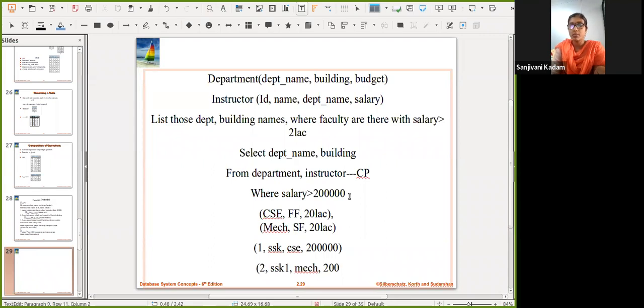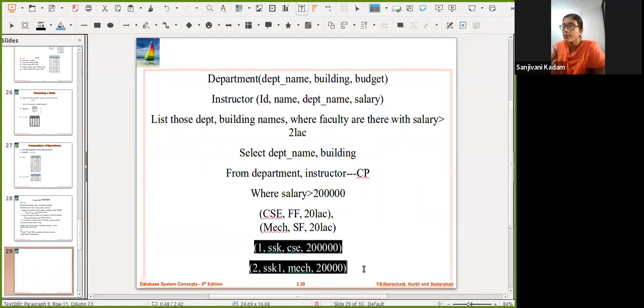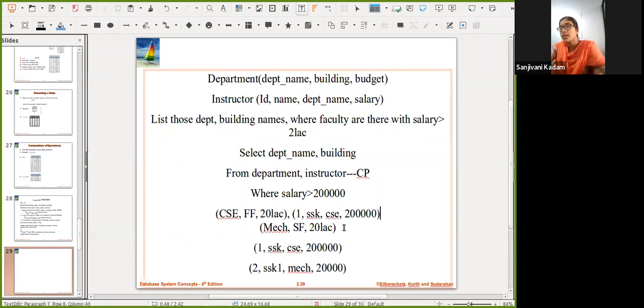I want to skip this tuple in the output, so I will write here 20,000. If we are performing a Cartesian product, it means that these two tuples from the department relation will get associated with every other tuple from my instructor. It means that this tuple will get mapped with this tuple as well and this tuple as well. So this becomes one record from the output, another record from the output, as well as this also becomes part of my output.